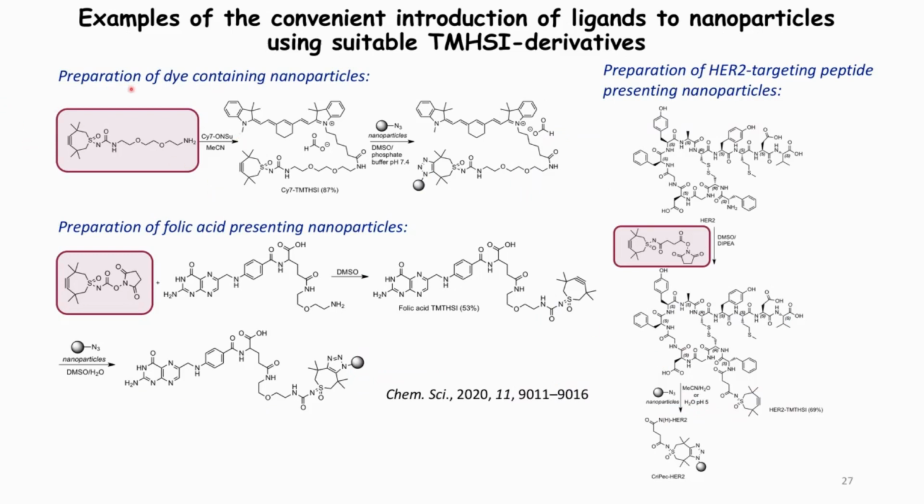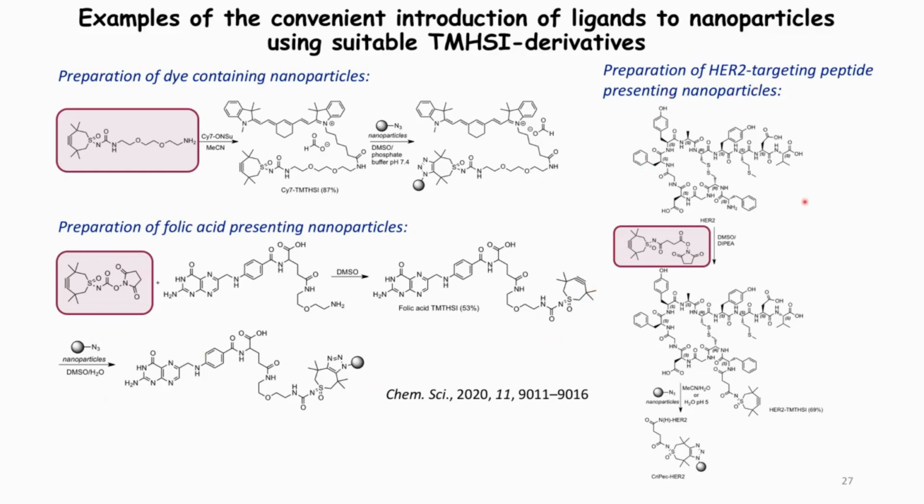The amine can be reacted with a dye, and if the dye is attached, you can react it with nanoparticles containing an azide on the outside, and you obtain azide nanoparticles which contain the dye for visualization. Folic acid in the treatment of cancer: if you have this folic acid derivative and you take this carbamate, you end up with this derivative here, which is powerful also for attachment to nanoparticles and in the treatment of cancer as well.